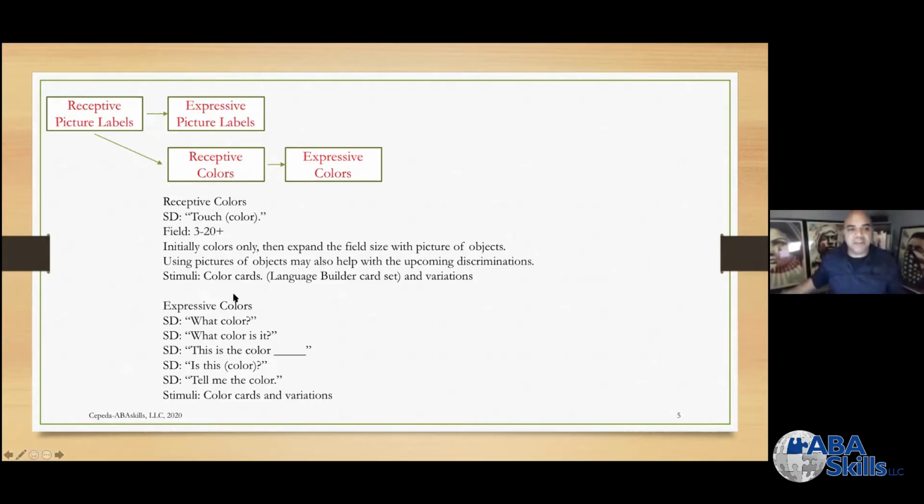And then again, expressive colors. What color? What color is it? This is the color, and they fill in the blank. Is this color? So that's obviously going to be for your learners that have already mastered yes and no. Tell me the color. So all of these variations in the SD, just do them. Throw them out there and start teaching them because one, it's much more natural. You're teaching loosely. You're using a variety of SDs, the generalization is built right into the teaching,